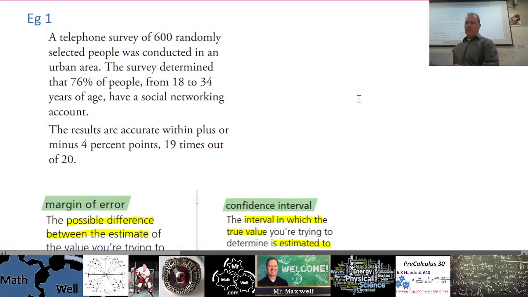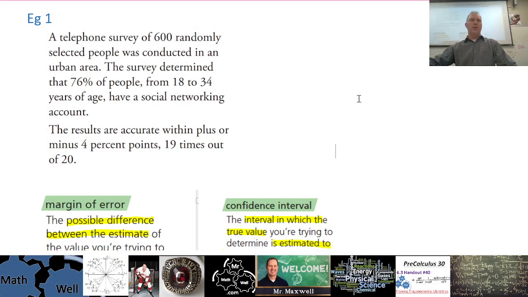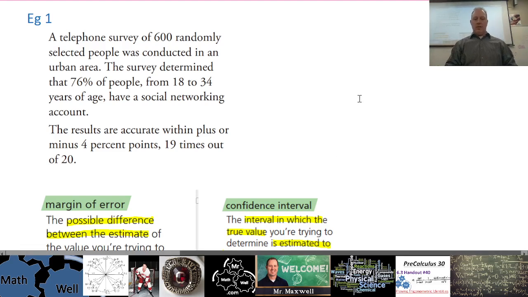All right, so this is section 5.6. We're talking about margin of error, confidence intervals, confidence levels. When we talk about data and statistics, there's always some margin of error. That means that the value that's given is our best guess, but there's always a small chance that we could be off on our guess. So it's important for us to understand what these things mean, and we're going to talk about that today.